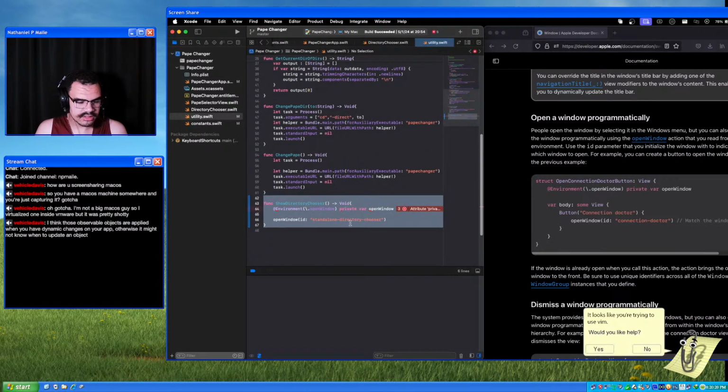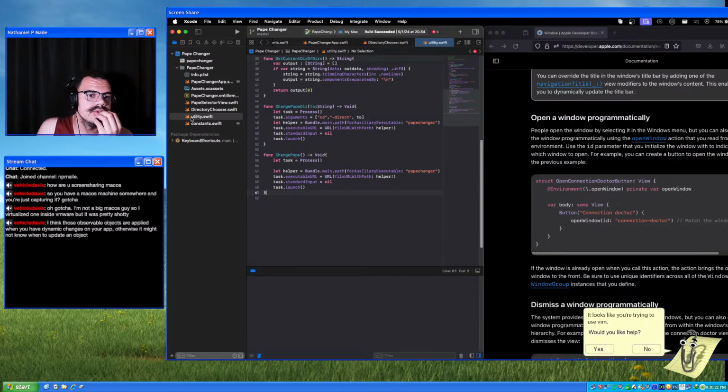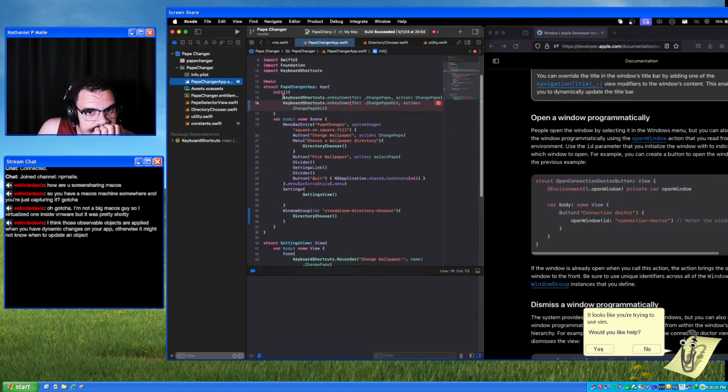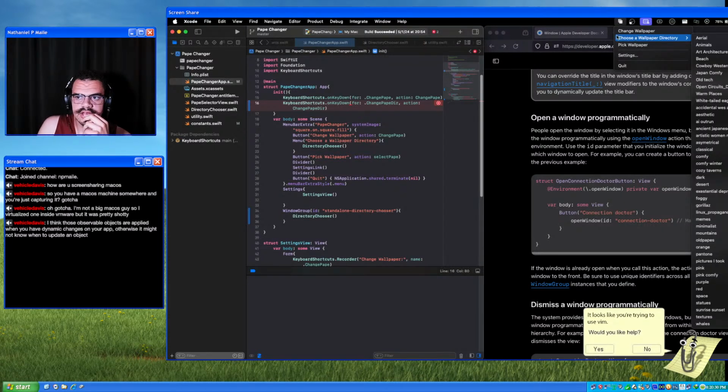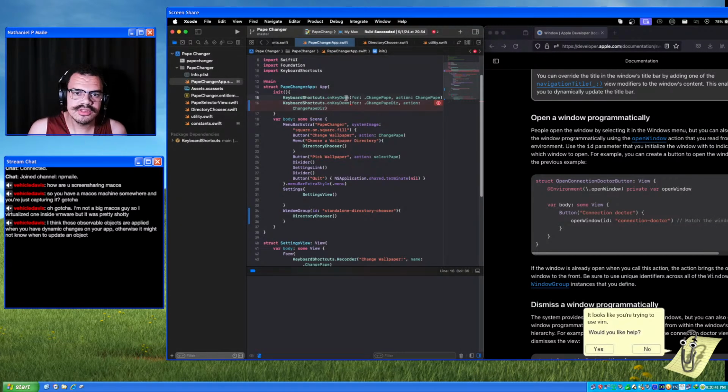This environment thing isn't going to work because that has to be part of a view. What I want to do is make it so it shows a window that is essentially the contents of my choose wallpaper directory, which of course you can't see because I have everything going off the side of the screen. Oh no, you can see it. Basically I want these to show up in their own window when you hit a keyboard shortcut. So I have this keyboard shortcut and this triggers something, but I need to make this thing trigger the visibility